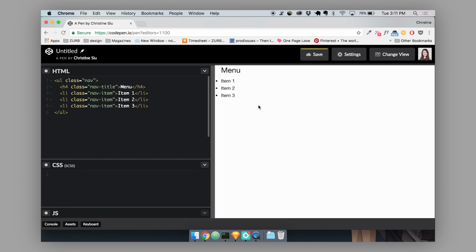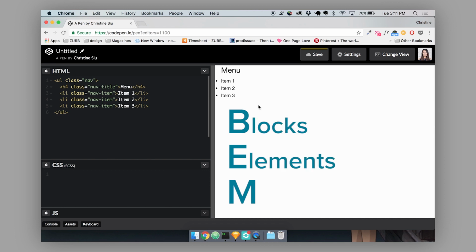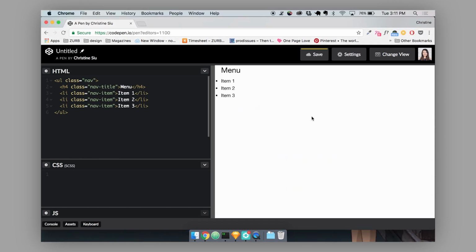The first one that we're going to talk about is the BEM naming convention. So that's BEM. And this naming convention is named after the elements that are key to this method of CSS writing, which are blocks, elements, and modifiers, BEM. And out of all of the naming conventions that we're going to talk about today, this is really the only system that has very strict rules about how to actually write out the class names. The other ones that we're going to talk about are very much